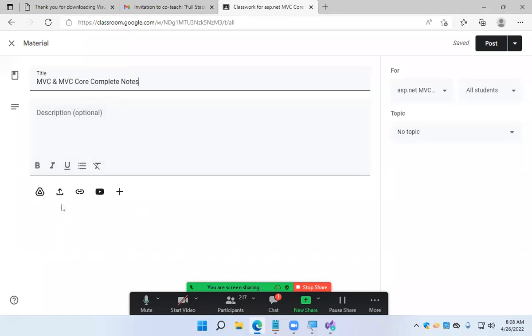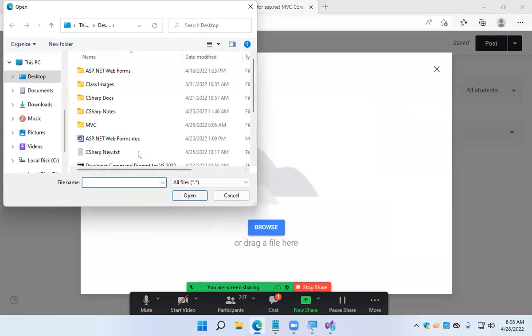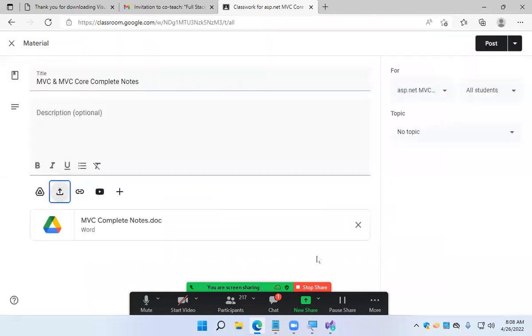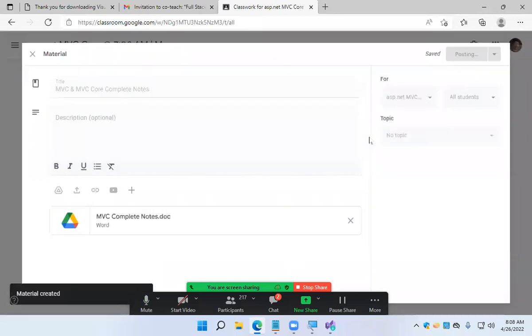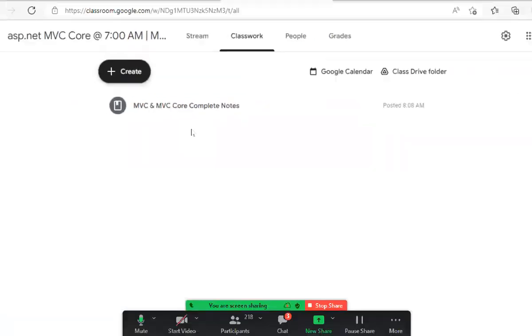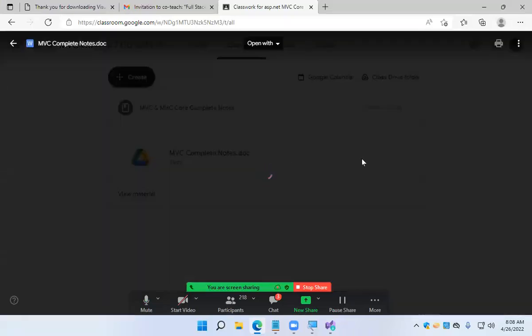Guys, just download a copy of it. Whenever I make any changes, I'll be putting the latest copies there. You just have the notes copy here. So when you join the group and open this, you'll find the link here. Click on that. Just concentrate. Click on that and open the document.